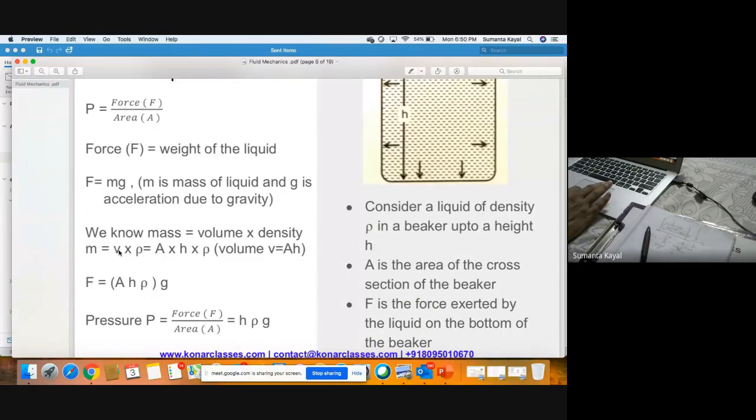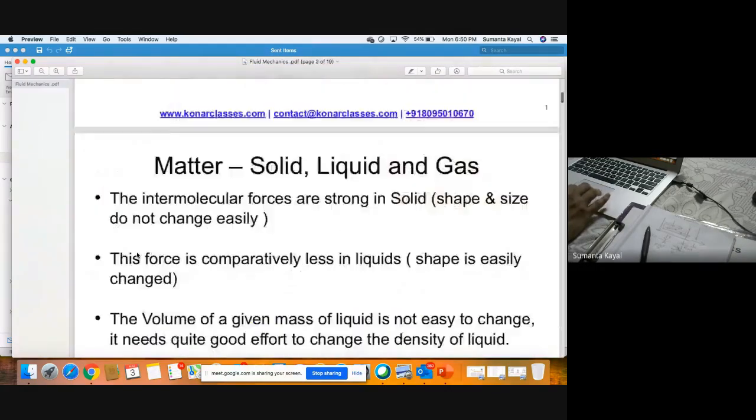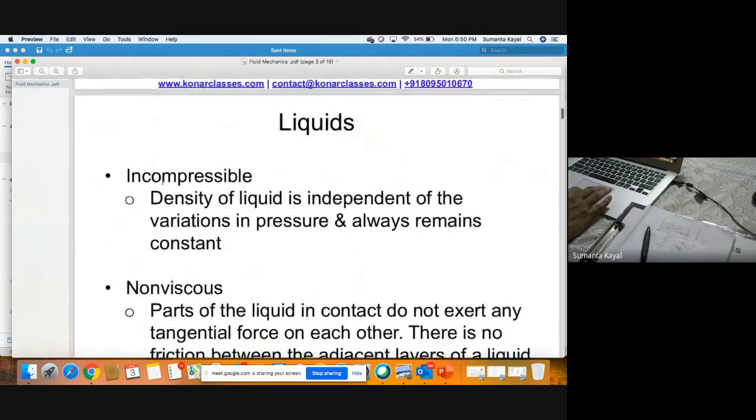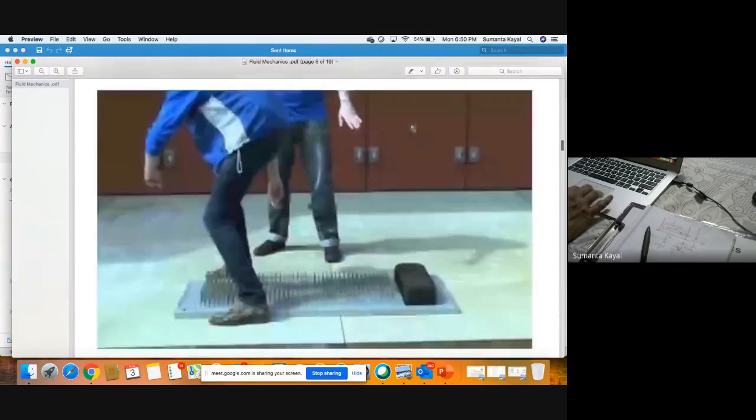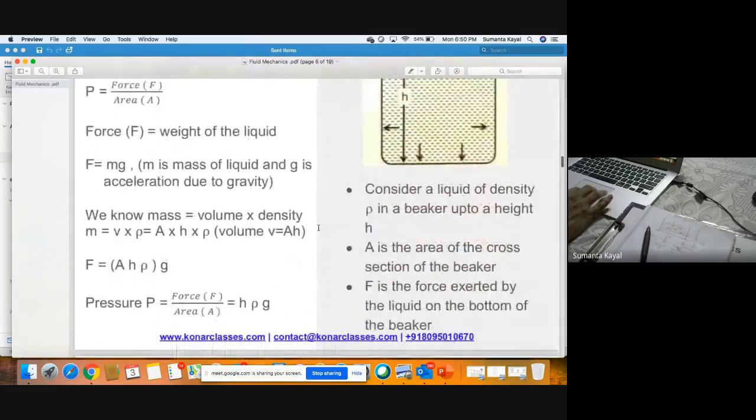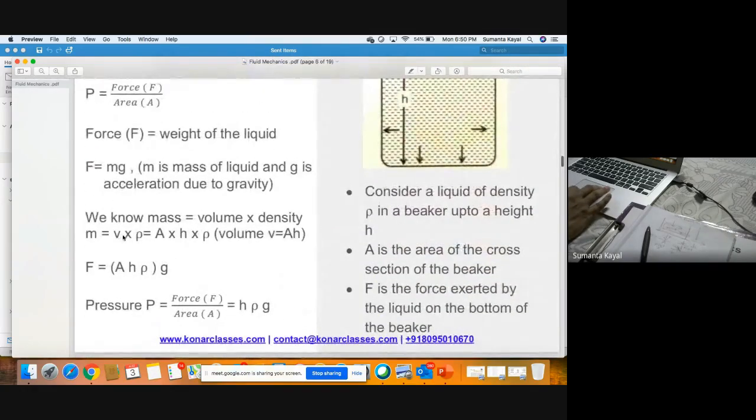Now, if you make the volume high, M will be high. Density is constant for any material. We all know that density is constant. Okay. Now, we cannot change the density. We have seen in our first assumption, we took two assumptions: incompressible, density of the liquid independent of the pressure. Okay, so now if density is constant, if we increase the volume, m equal to v into rho, it's simple mathematics,